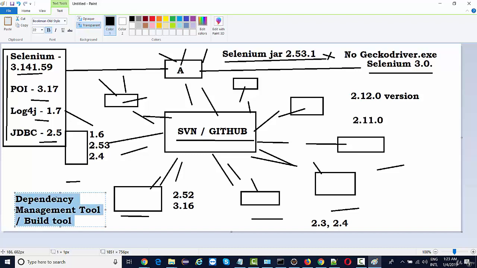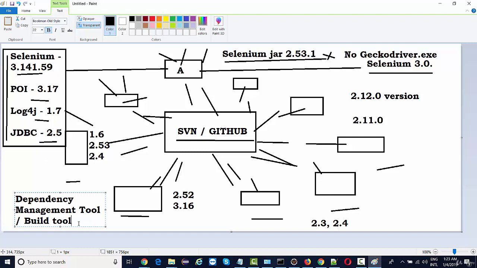Dependencies, as in these jars, are called dependencies because they are depended upon by your project, right? Selenium jar is a dependency of your project. If you don't have Selenium jar, you cannot automate your website. If you don't have POI jar, you cannot do Excel reading and writing. So these are dependencies. We need a tool which can manage these dependencies automatically, right?